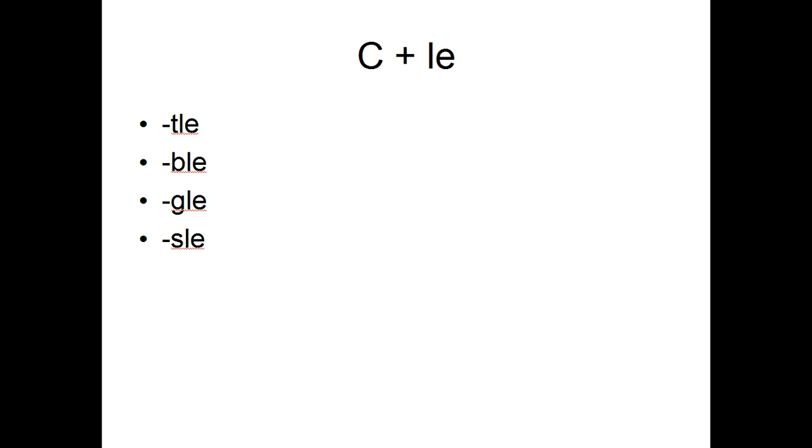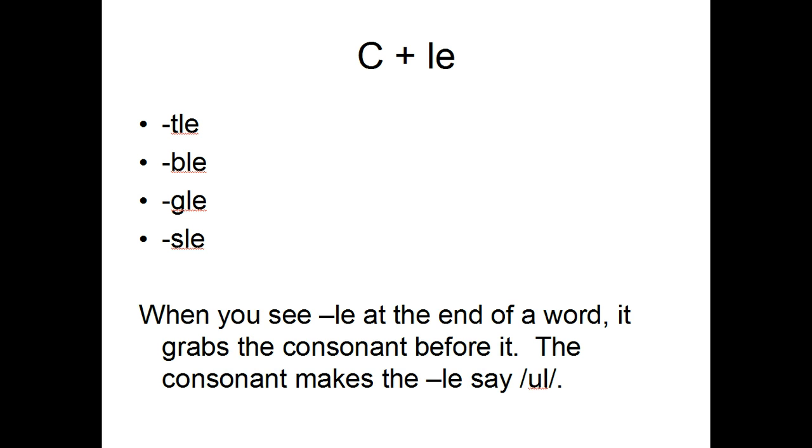After we have taken a look and we've noticed that the LE isn't actually saying li like we would expect in the open pattern, but it's saying ul, then we can explain to the child exactly what's happening and say, hey, when you see LE at the end of a word, it grabs the consonant before it. The consonant makes the LE say ul. So we simply are just going to explain that this LE grabs a consonant. This consonant now is making the LE say